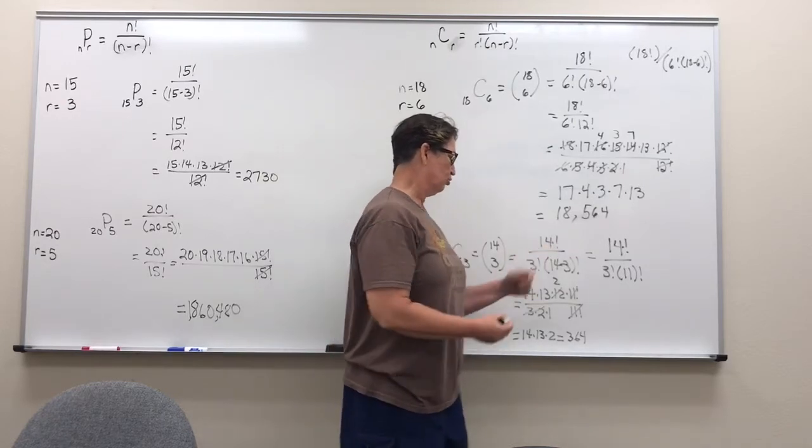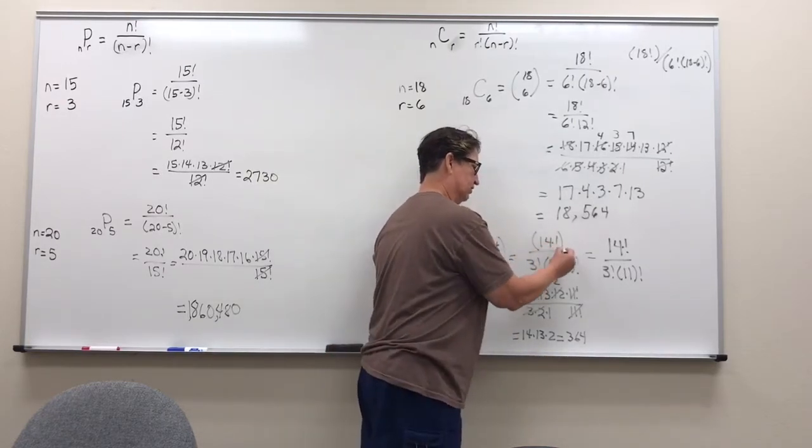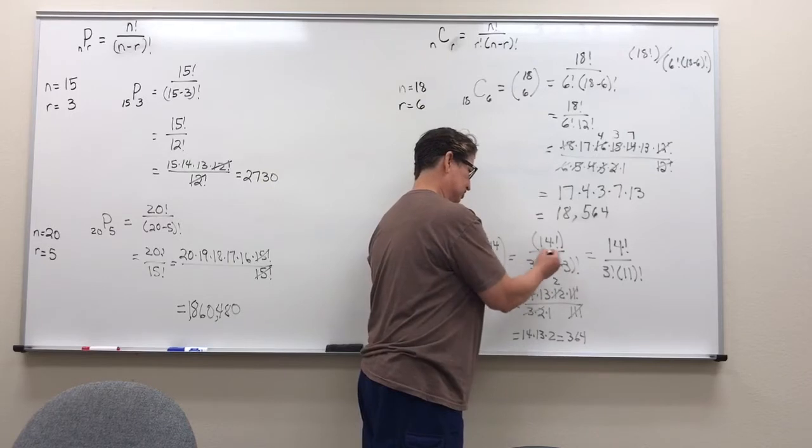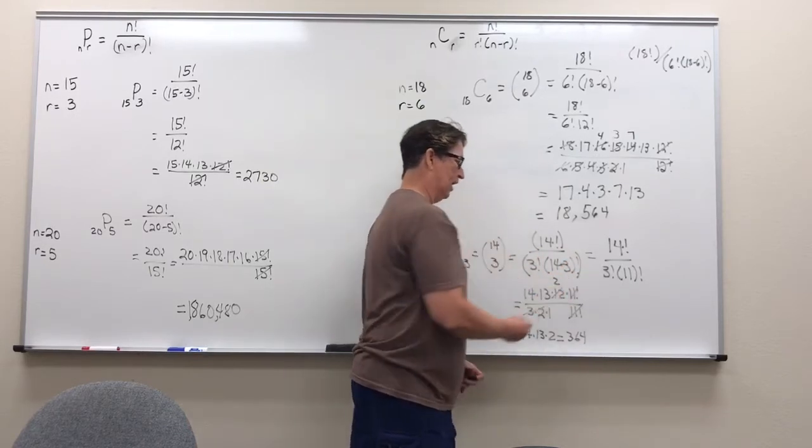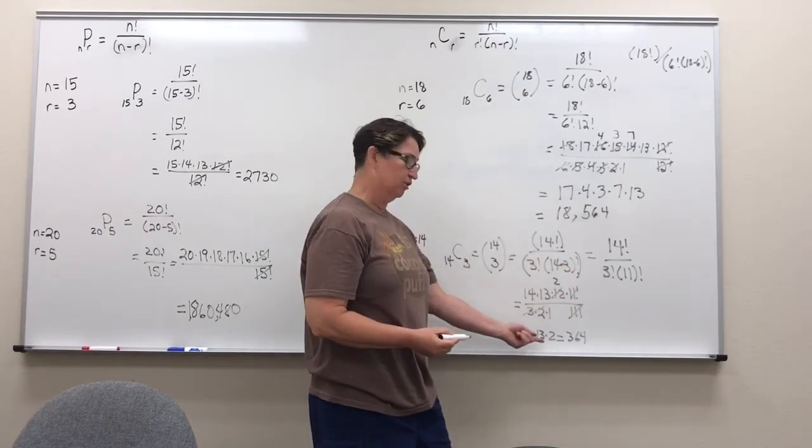So if you just put parentheses around the top, use your division, put parentheses around your bottom, your calculator should also give you that